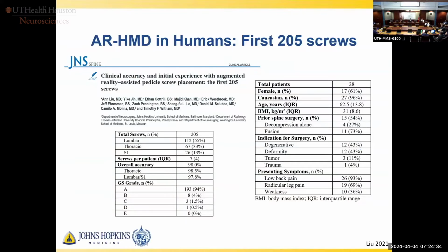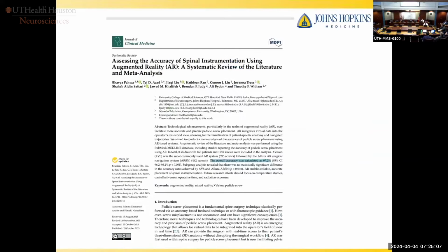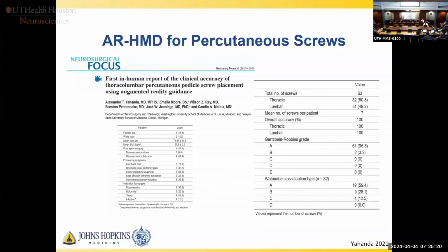So we looked at our series of our first 205 screws with the Augmented Vision, and using the Gertzbein-Robbins grading scale, had about a 98% accuracy rate. It's a busy slide, but grade A and B are considered accurate with this grading scale. Other groups have reproduced this. This group out of Northern Virginia, Chris Good and his group, also came up with about a 95% accuracy rate for their first 218 screws. This is a systematic meta-analysis with about a 92% accuracy rate. One of our former residents, Camilo Molina, who's now at WashU, used this for percutaneous placement in the thoracic and lumbar spine in a relatively small series of 63 screws and had a 100% accuracy